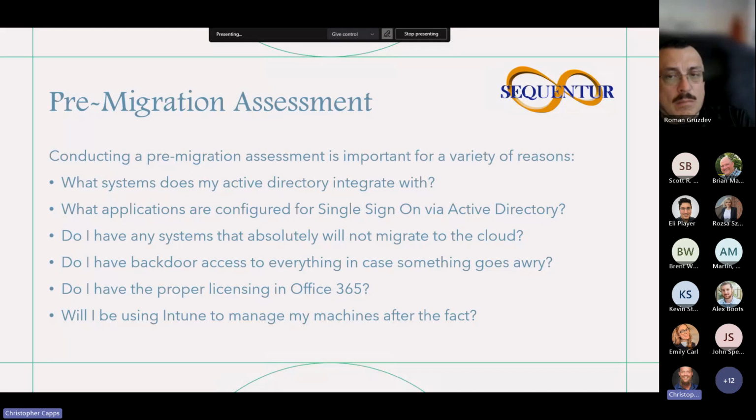Excellent question. Essentially all of the above. The best example I have of this is legacy accounting software. There are many times that we've run across clients that have accounting software that for one reason or another has to exist on premise inside of Active Directory. Either that's because the vendor themselves don't want to support a cloud existence, or there's a cost barrier for the client to get the upgrade that requires the cloud existence.